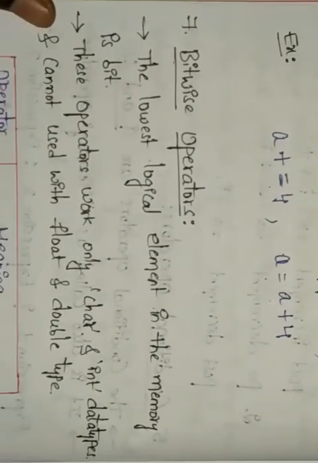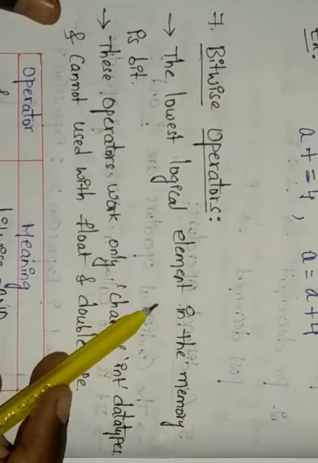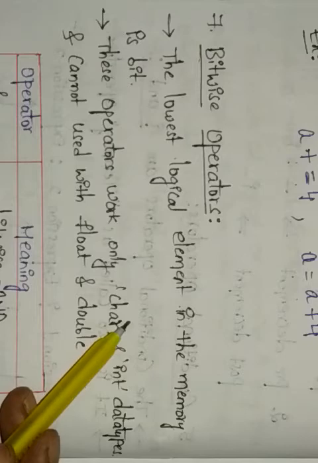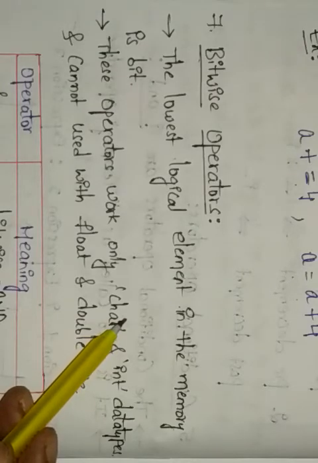And next we have the seventh one, that is the bitwise operator. So this bitwise operator is also similar to our logical operators. In the logical operators, we perform operations with the truth table, right? But in the bitwise operators here,